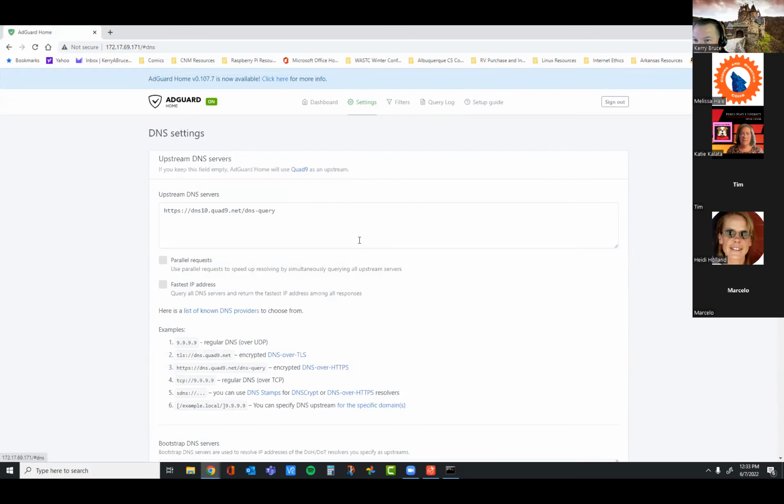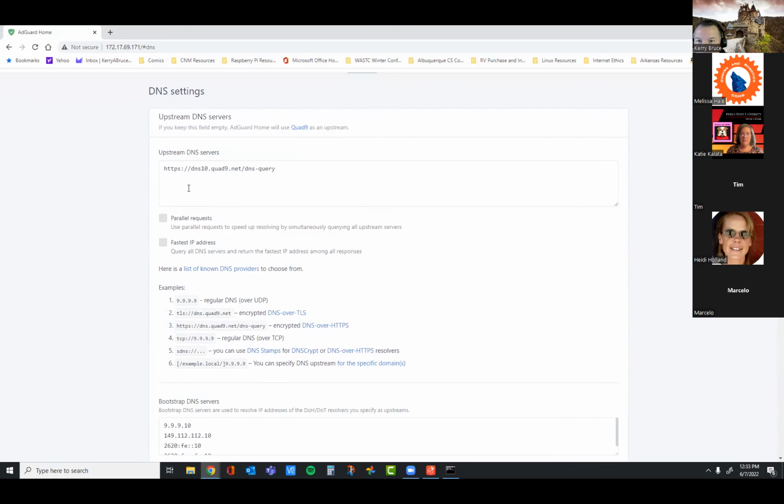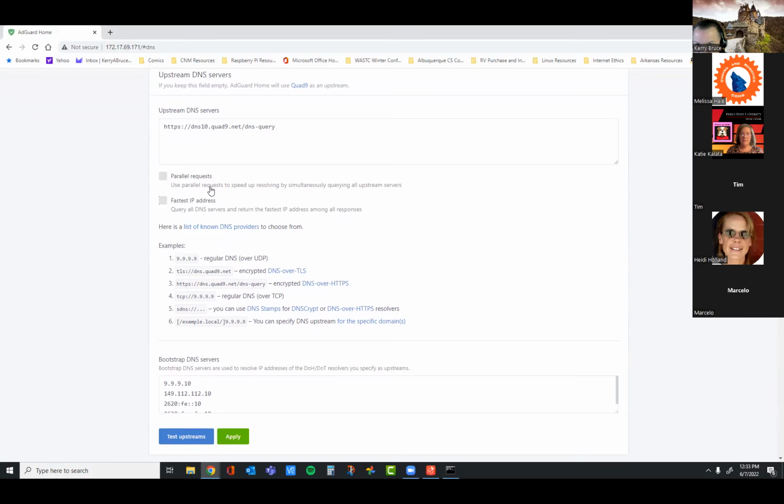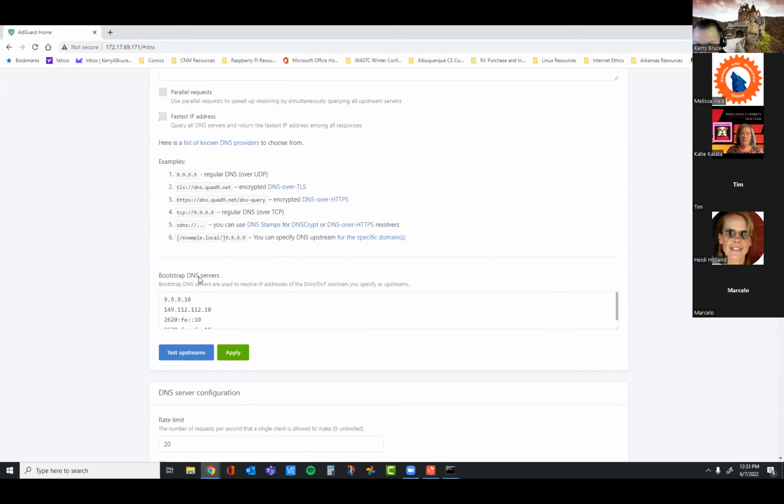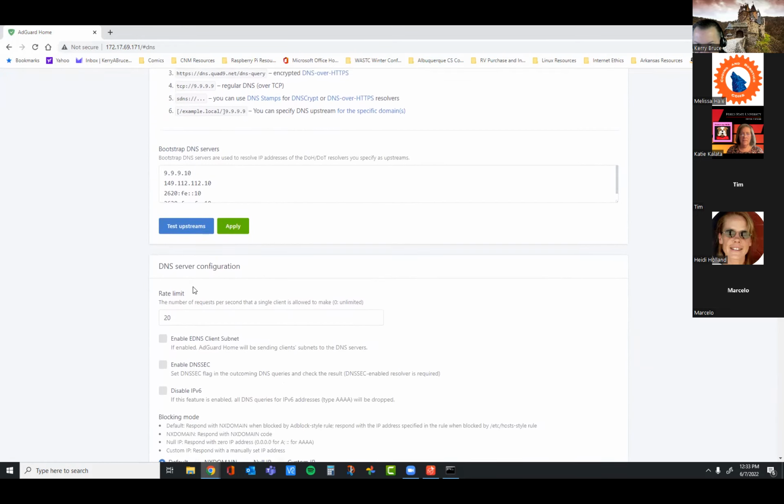So settings, we have DNS settings. It's using DNS over HTTPS, using Quad9, which is an encrypted DNS. Parallel request: fastest IP address. Parallel requests speed up resolving by simultaneously querying all upstream servers, and then return the fastest IP address among all responses.